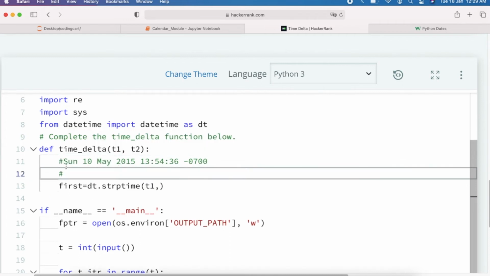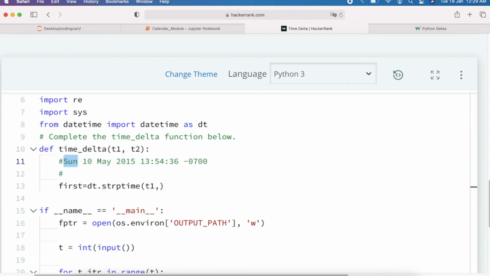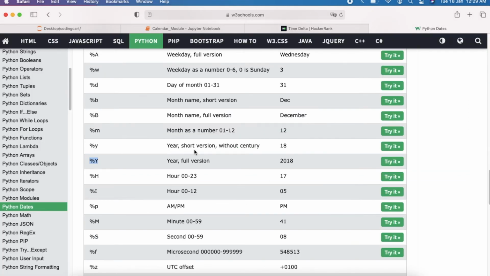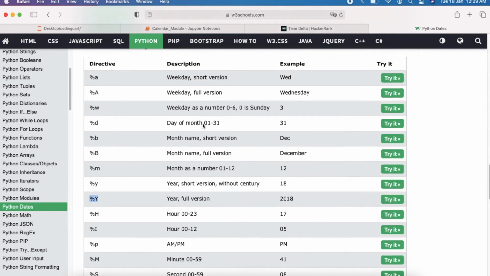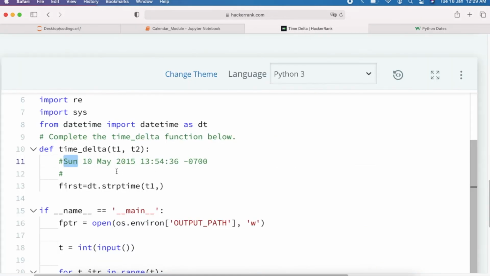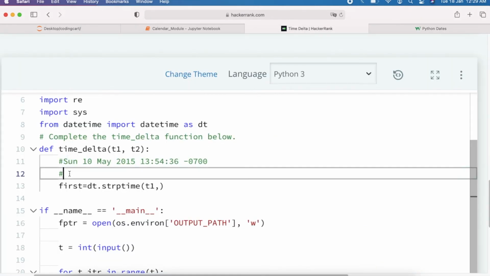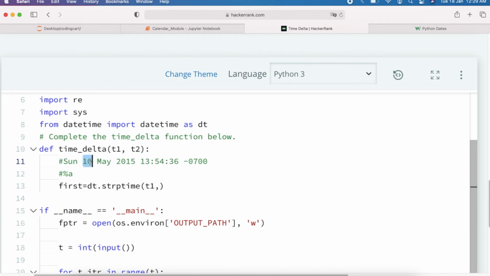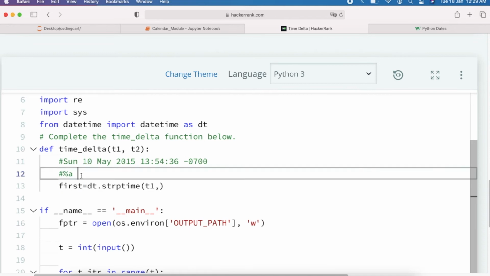For example, this Sunday is in small. For the day name in small, we have to use percent %a. Now the second one is the date, for which we will be using percent %d.